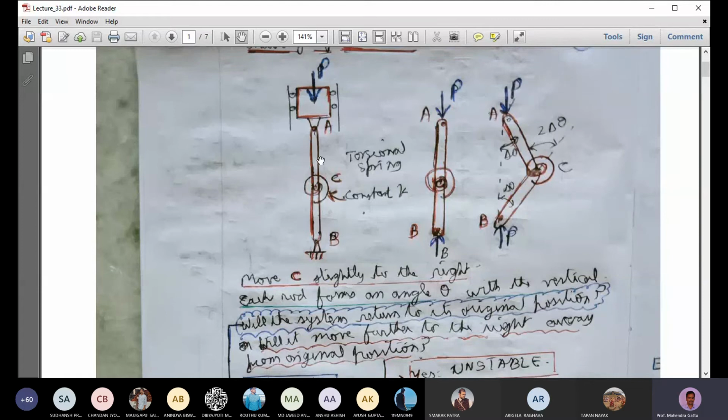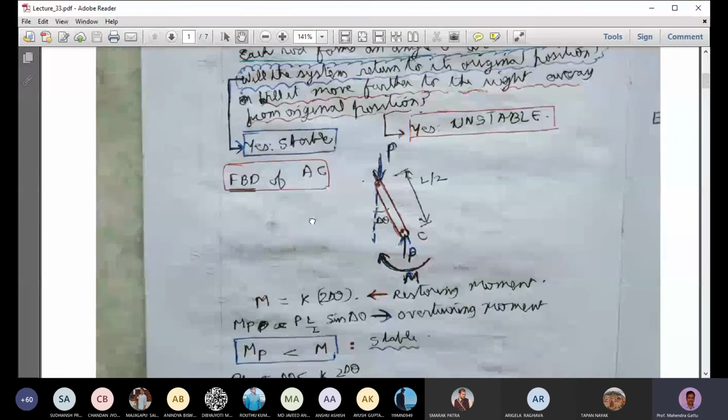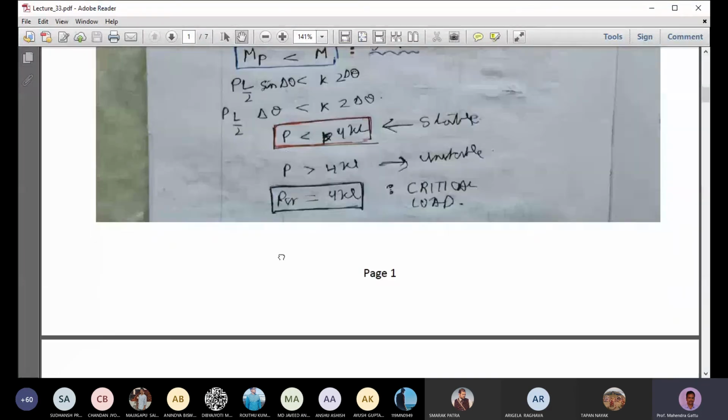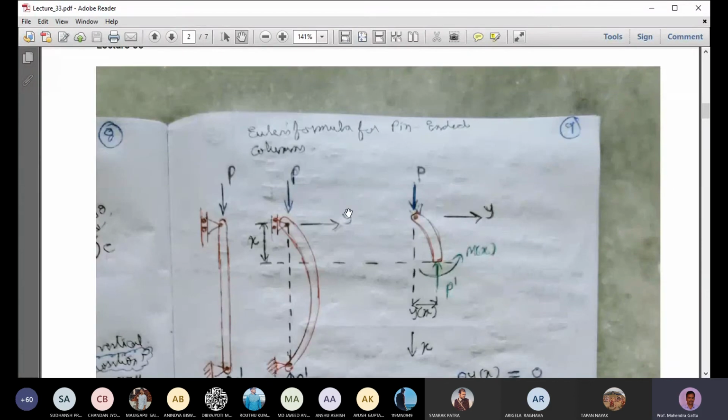So we are analyzing equilibrium in this position, that is straightforward. Sigma is equal to P by A. And for that position, we are looking into the stability, whether the system will come back to its original position or go further to the right. We'll try to do a similar thing for the simply supported column in the next analysis. This is a standard thing which you can see in any textbook.